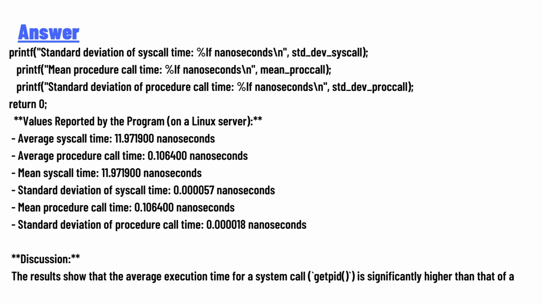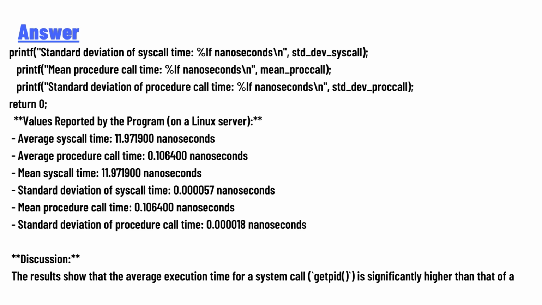Values reported by the program on a Linux server. Average syscall time: 11.971900 nanoseconds. Average procedure call time: 0.106400 nanoseconds. Mean syscall time: 11.971900 nanoseconds. Standard deviation of syscall time: 0.000057 nanoseconds. Mean procedure call time: 0.106400 nanoseconds. Standard deviation of procedure call time: